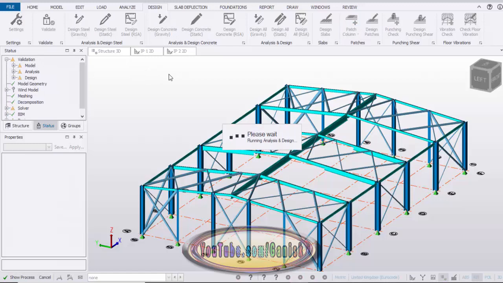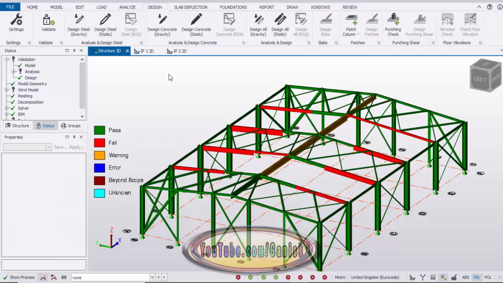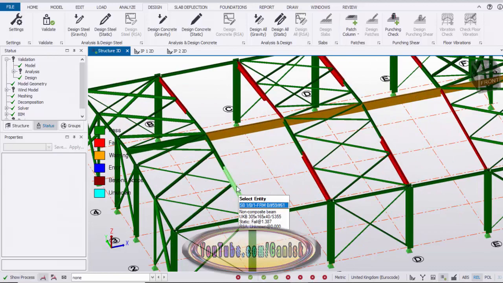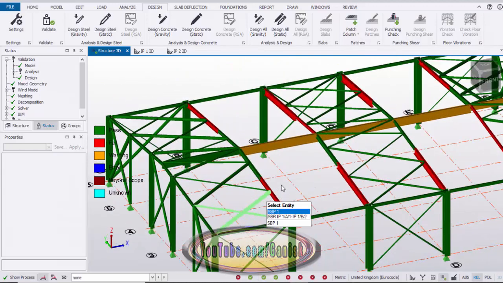Now analysis and design is running. Yeah, now you can see these members have failed, so now we're going to redesign this one.